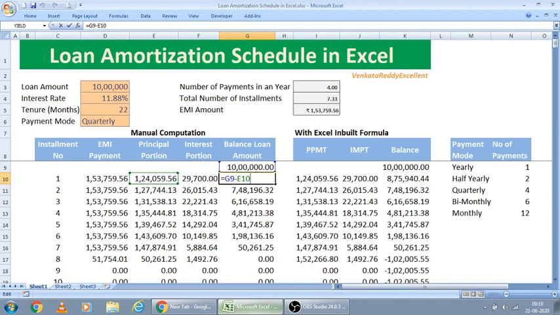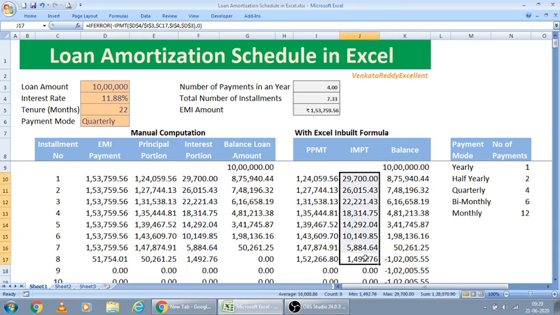Now the balance amount I am computing from the total loan amount, otherwise from the balance loan amount, I am reducing the principal payment portion for the month, so that I will get the balance amount after paying this installment. In the same way, for the next installment I am computing from the remaining balance amount into the interest rate. So like that I am computing the interest based on the previous month balance loan amount at each installment. For the IPMT, it will show the same amount. If we compare these two, the system and the manual, both are the same.